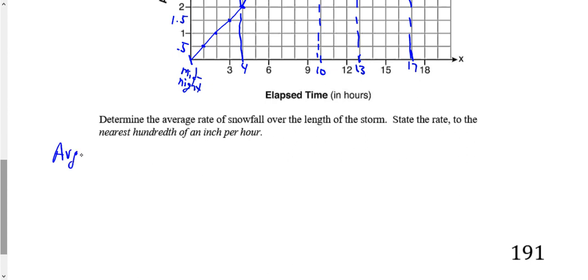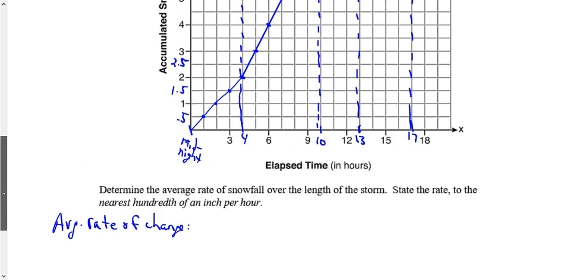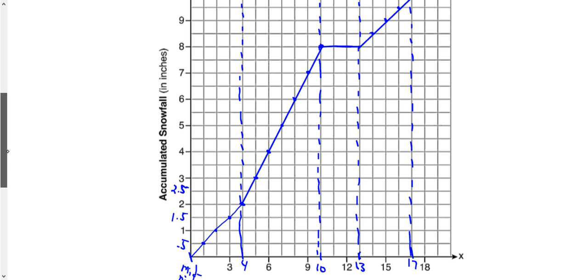As we went from midnight out to 17 hours, was the rate of change the same? It kept changing, right? So they're asking for the average rate of change over the whole thing,